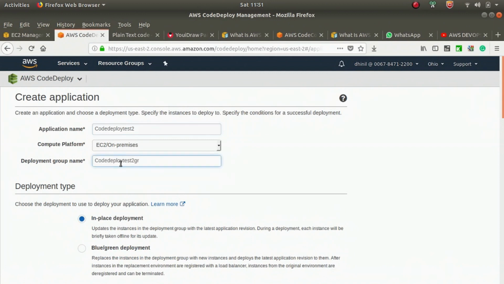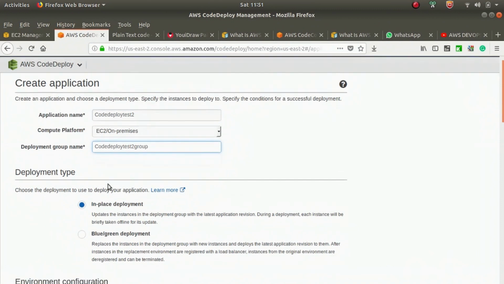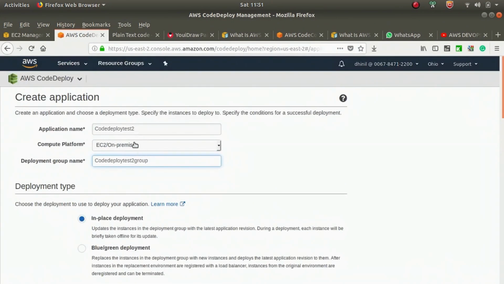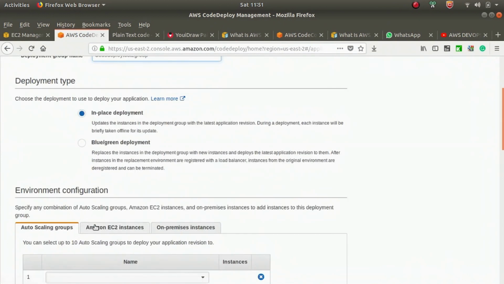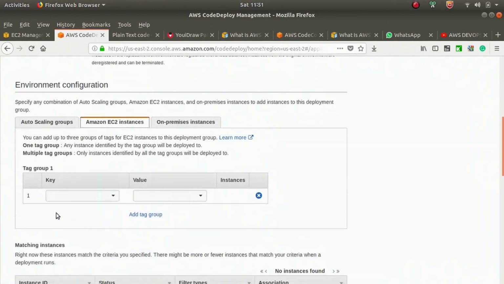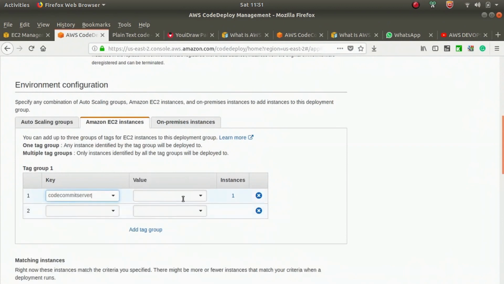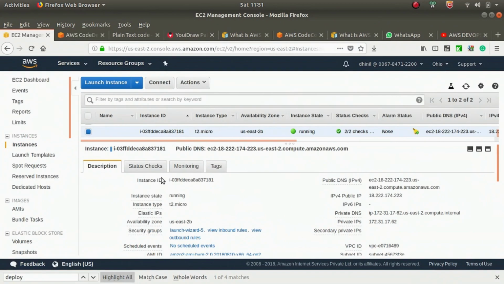Then create a deployment group, put a group name. Then select the environment configuration, select EC2 instances, and from here select the CodeCommit server. This is the EC2 instance which we launched.